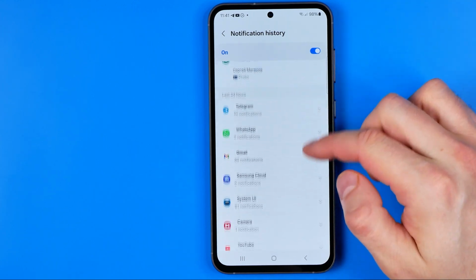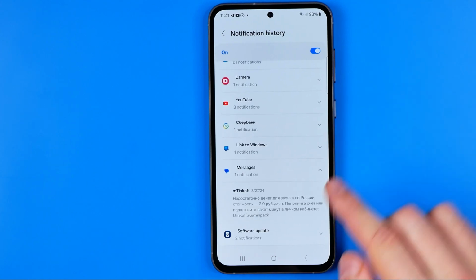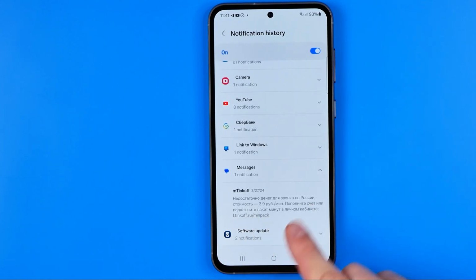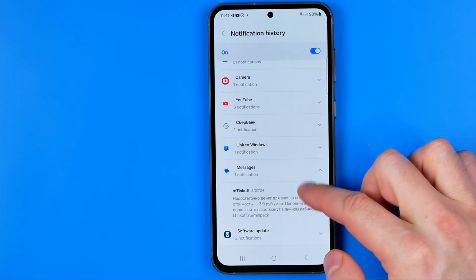And then if we scroll down to Messages, that's where we can find the message we have just deleted, because when we delete any message from Messages app, it doesn't delete that message from notification history, so that's how we can easily